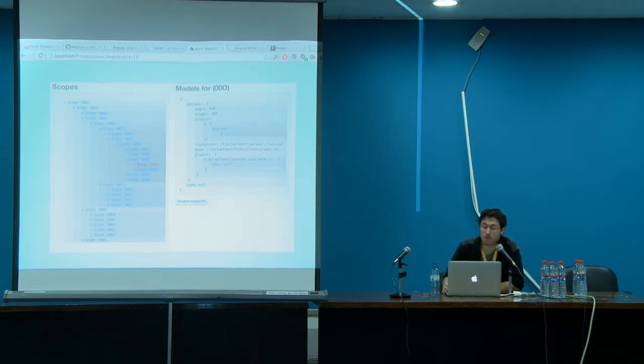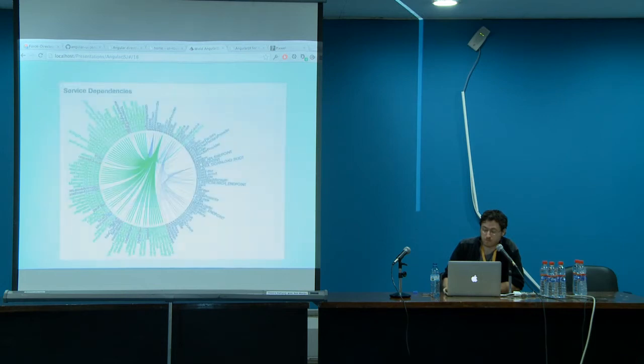It gives you another tab that actually lets you traverse through the scope tree itself to see all the scopes on the page at a given time and all the model data that's attached to each one of them. Another feature that it has is it exposes all the services that your application is using in a graph, and you can mouse over them and see which ones are dependent on others.